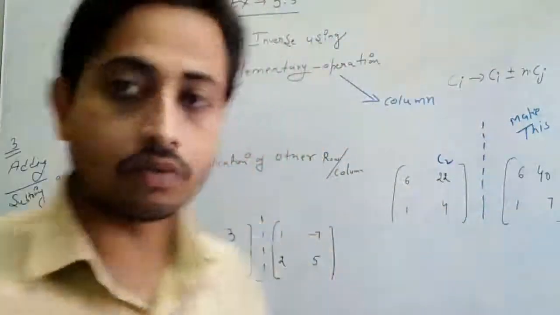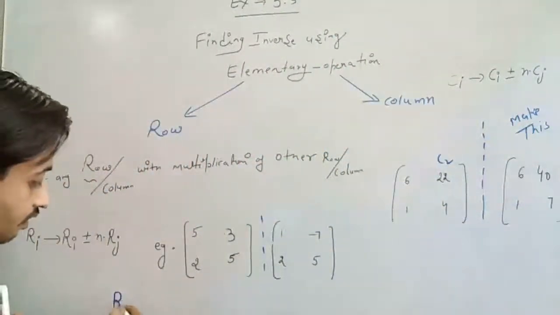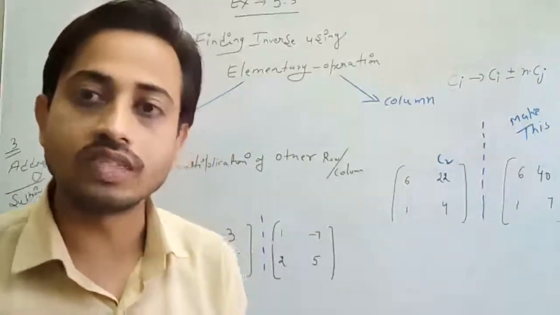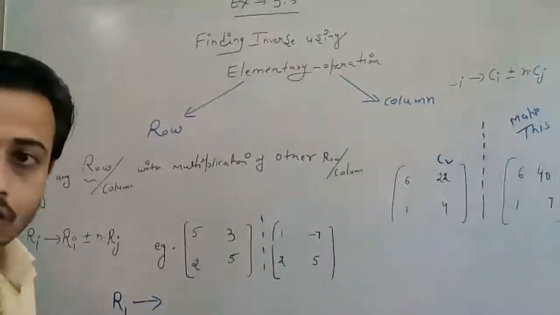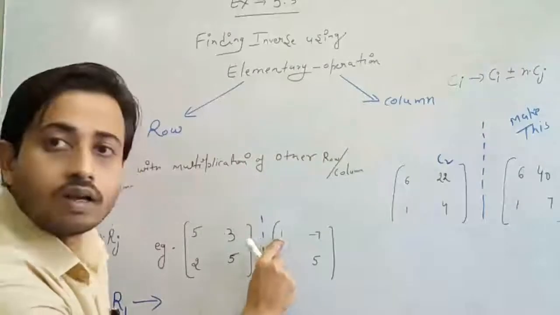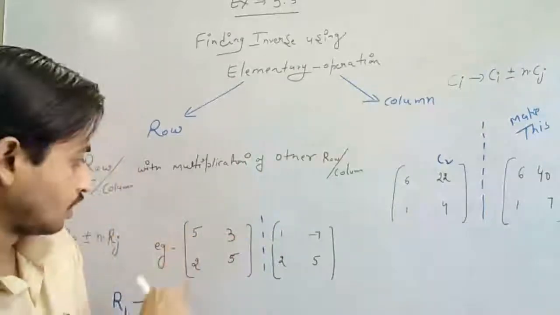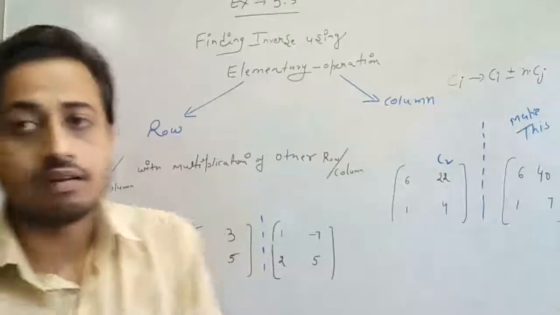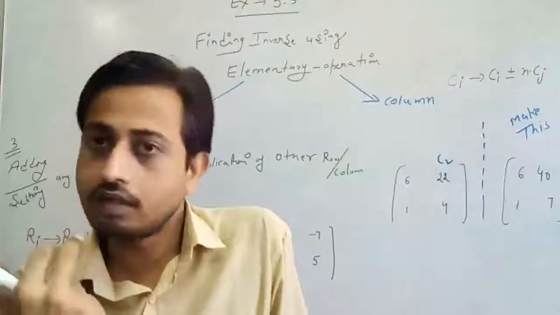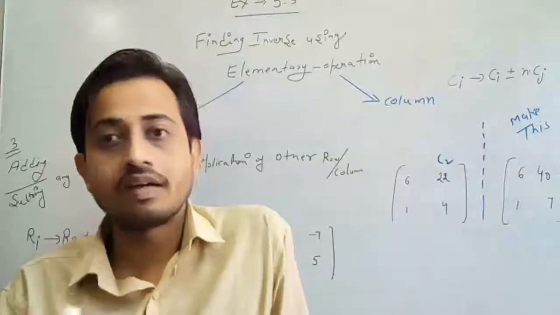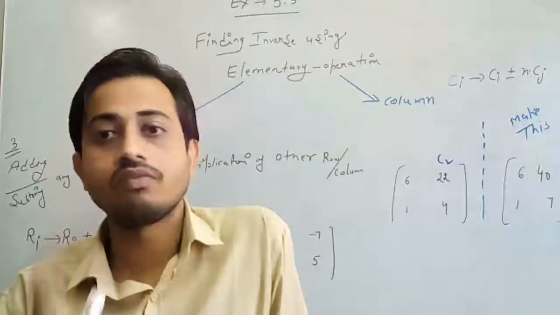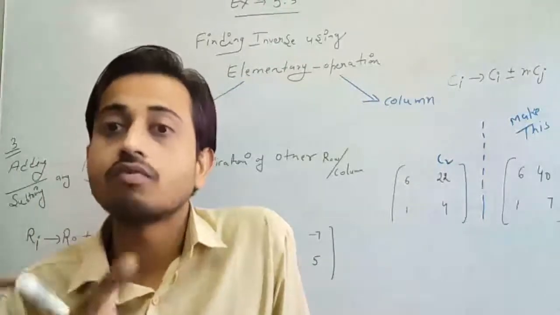Then what do we have to do? We have to apply our operation on the first row, because we cannot change the second row. That's why I am writing here our first row. And how will we get the desired row? In this we have to obtain 1. Then how do we get 1? Here the element is 5, and if we want 1, then how will we get it? If we subtract 5 minus 4, we get 1. Then how will we get 4?